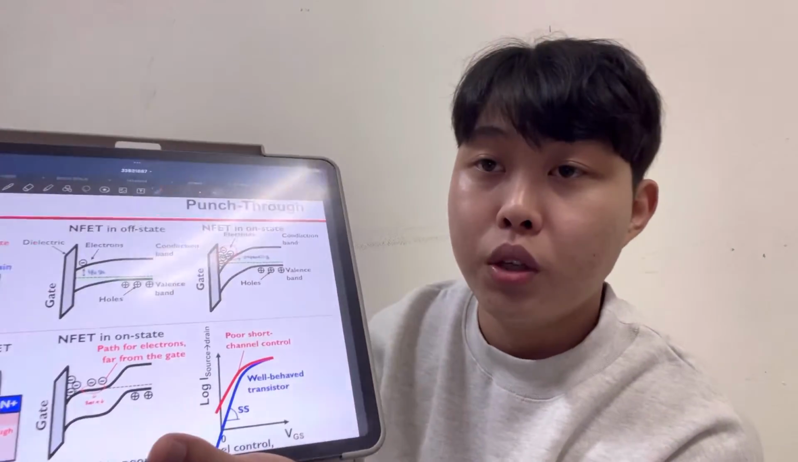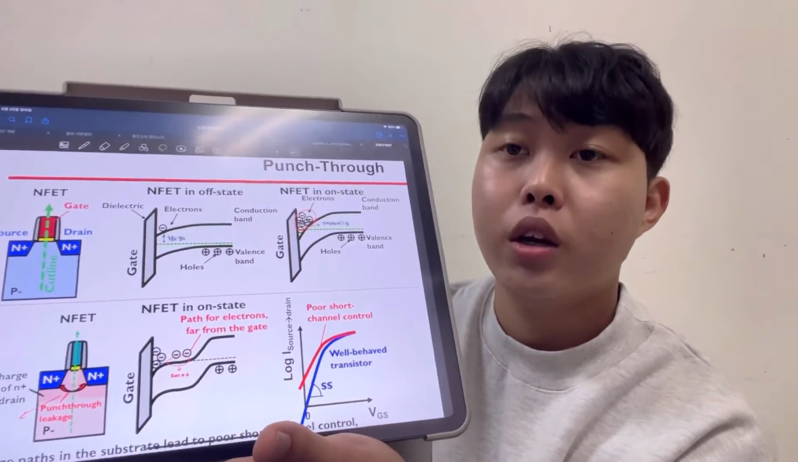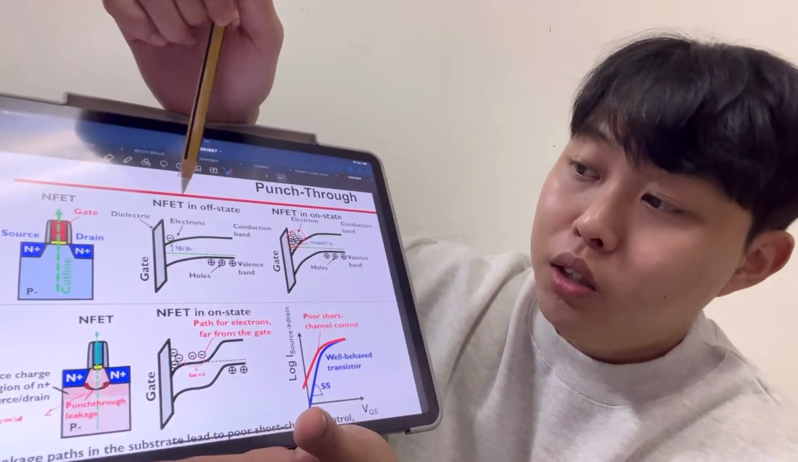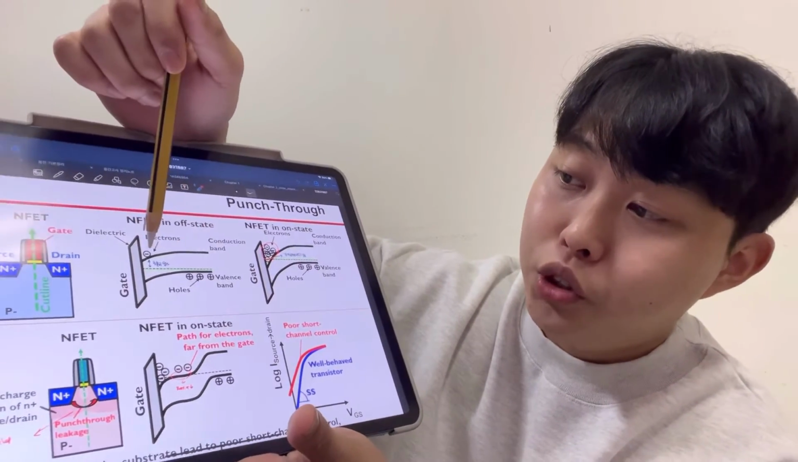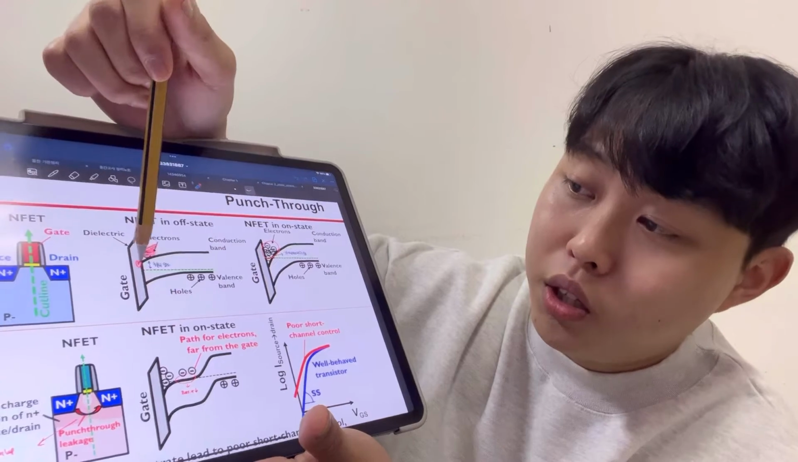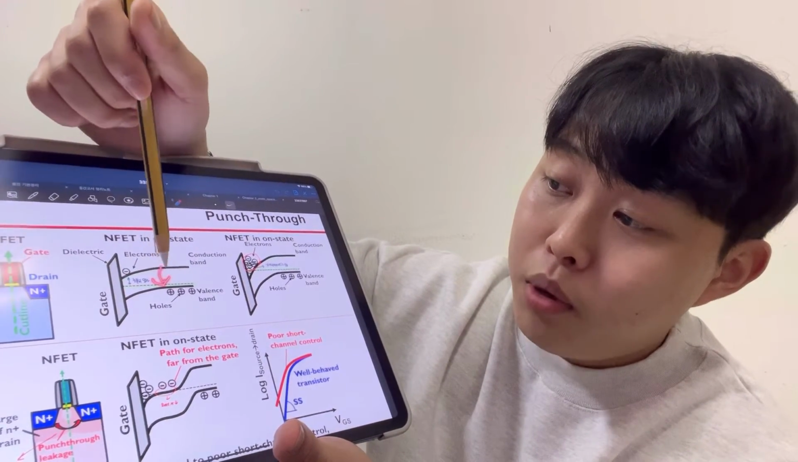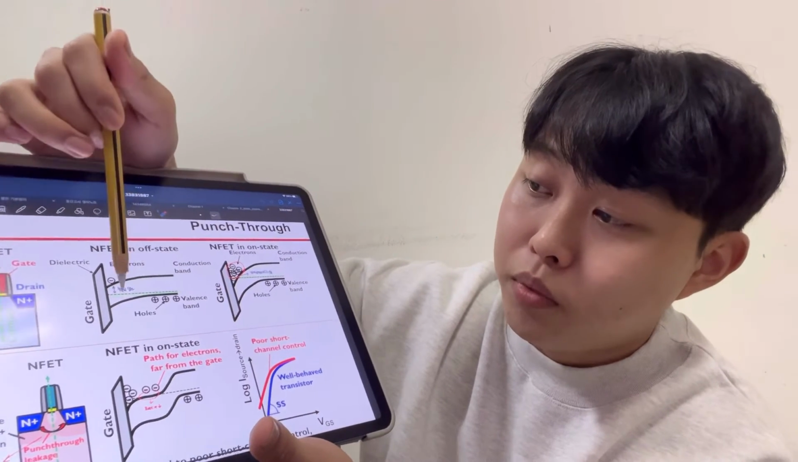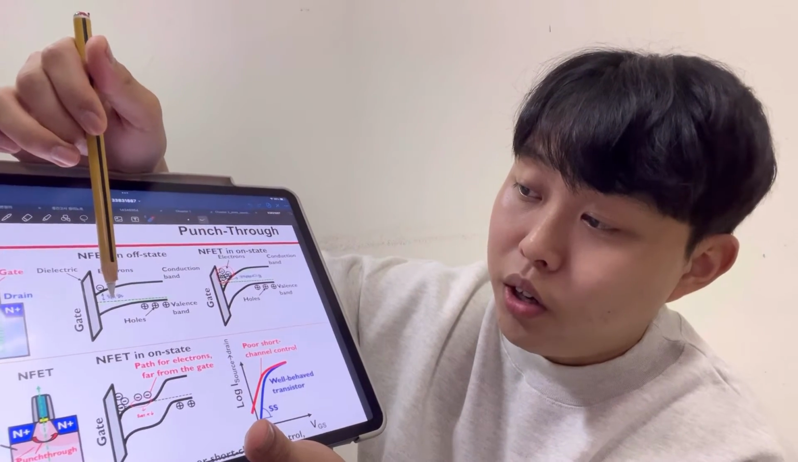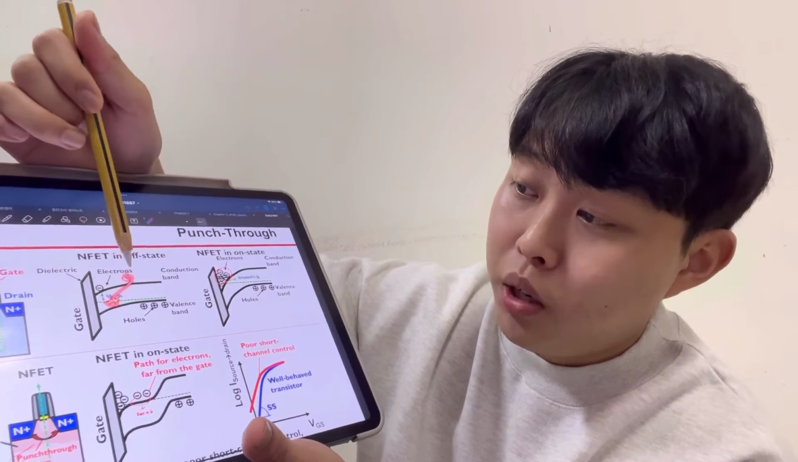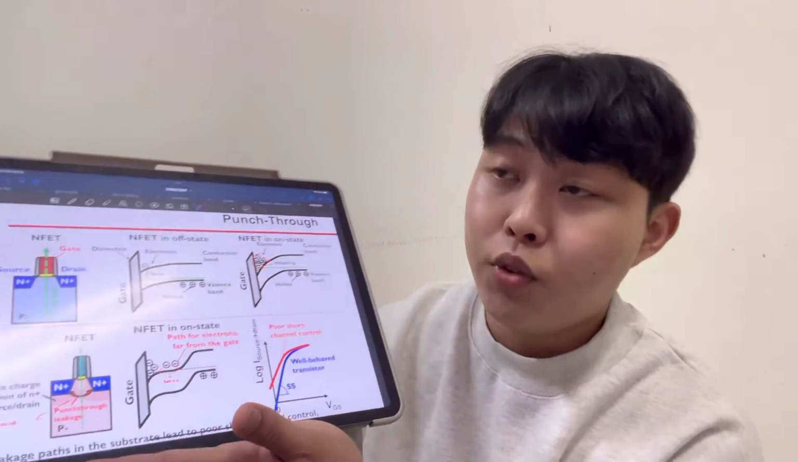We can also know, by looking at the energy band diagram, that when it is in the off state, of course, there shouldn't be any electrons, because the gap between the conduction band and the Fermi level is very high. So the electrons are very hard to jump over to the conduction band. So we're trying to make a device that, when it is in the off state, has no